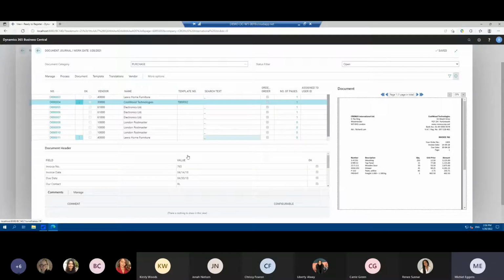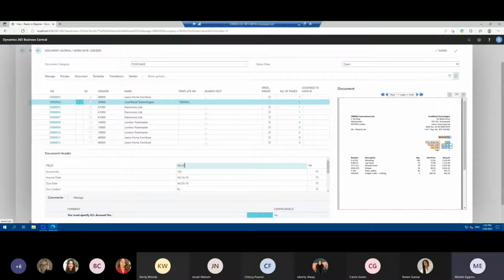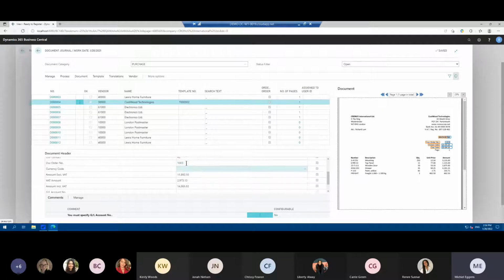I start with pressing recognize fields. And I know that Document Capture has captured every detail correctly over here. So it captured the order number, as you can see, and the order number is important for us to make the match. And if I then press match lines,